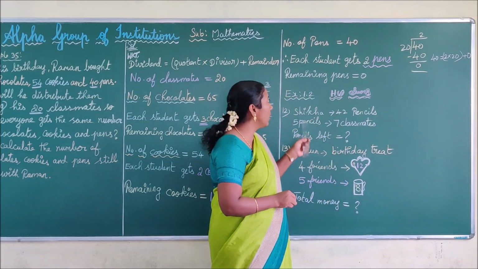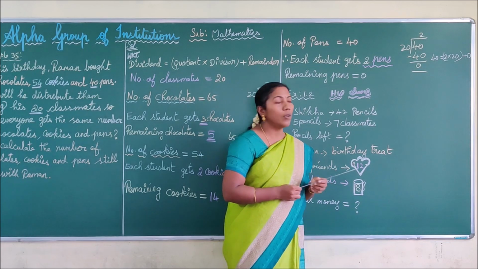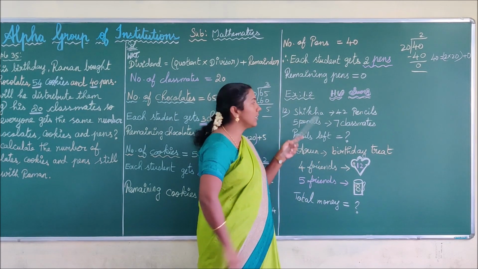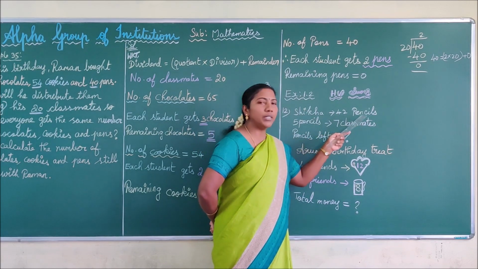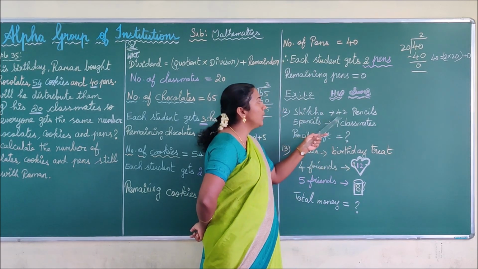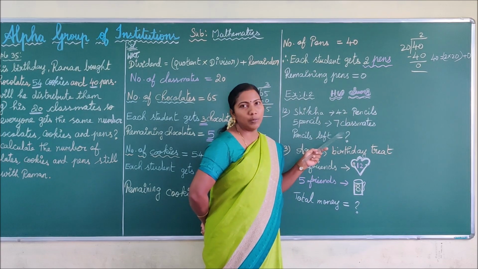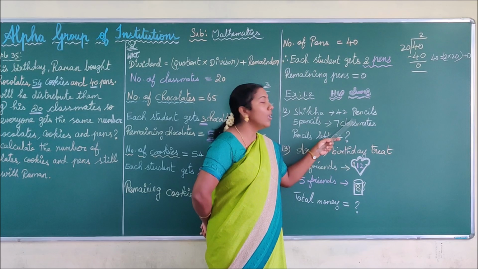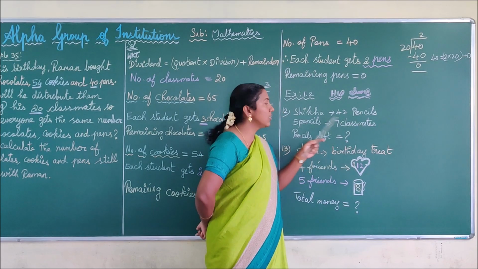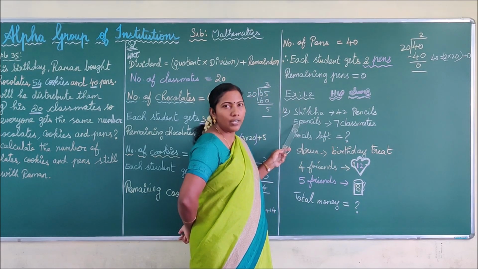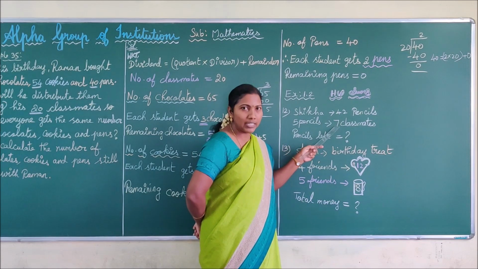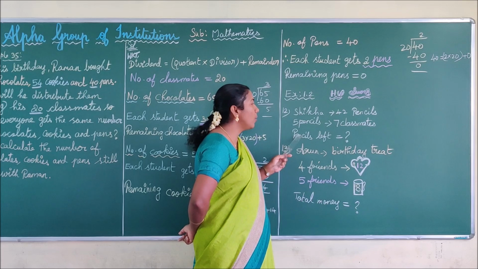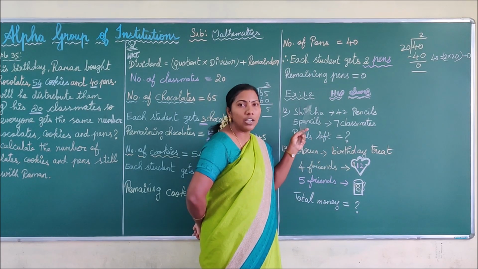Okay. And now we are going to discuss your homework sum. See here, exercise 1.2, 12th sum. I shortly wrote the question, children. Shika has 42 pencils and she is distributing those 42 pencils among her 7 classmates. For each of her classmates, she gave 5 pencils. Do you understand? And the question is, find the number of pencils left with Shika.